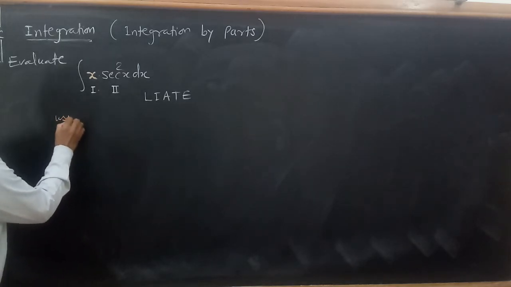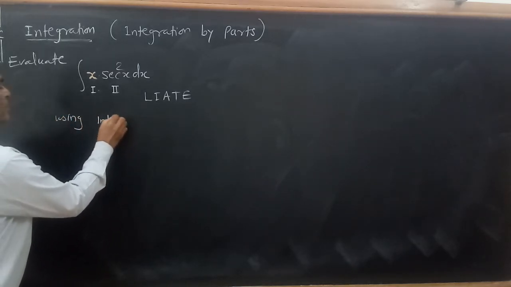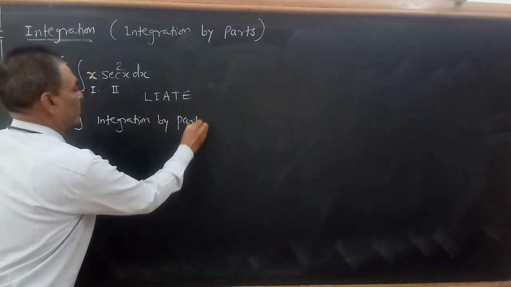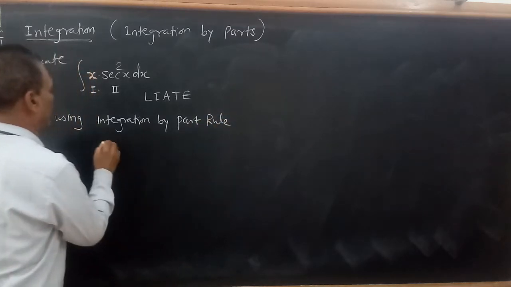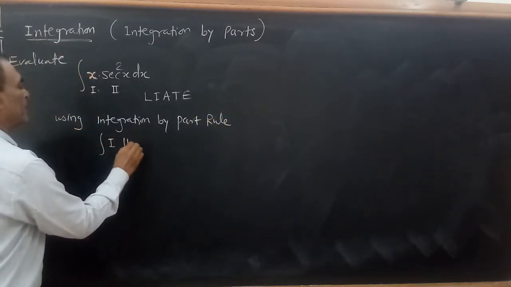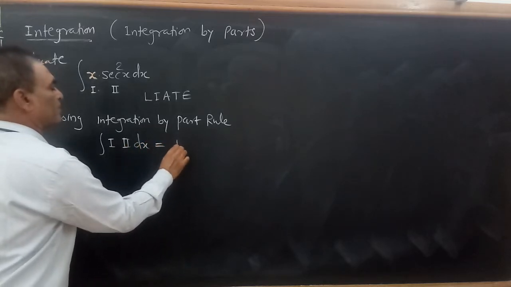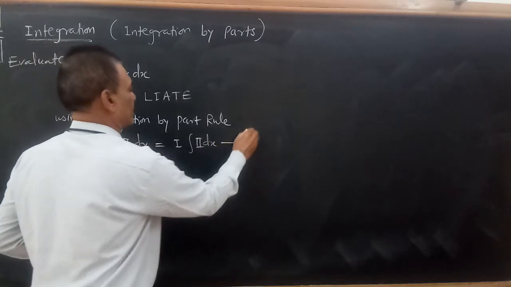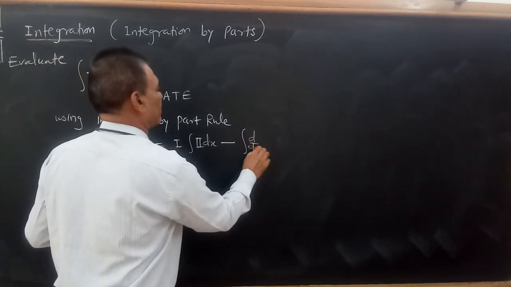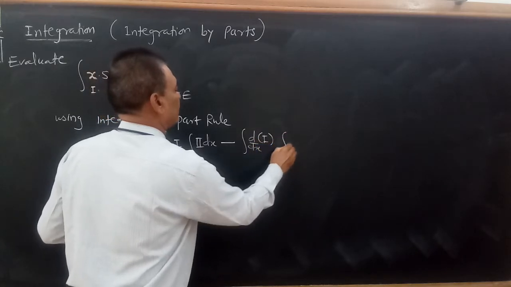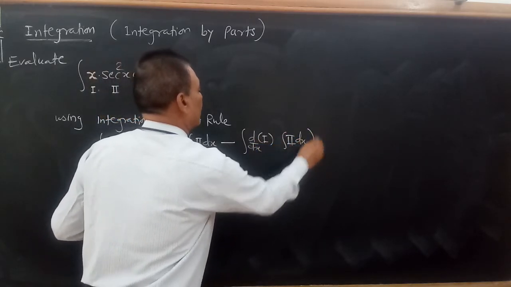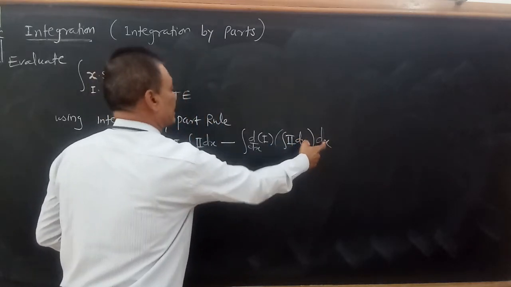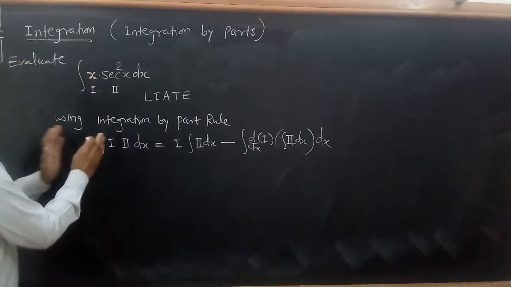Using integration by part rule. And the rule is like this: integration of first into second dx is equal to first into integration of second function dx minus integration of derivative of first function into integration of second function dx, because this dx is for this integration and this dx is for this integration. As per this rule, you can write down,